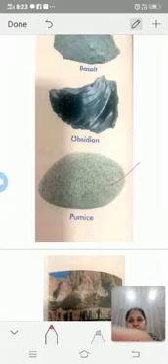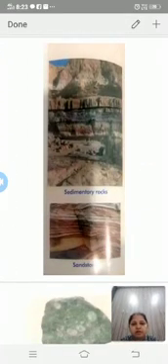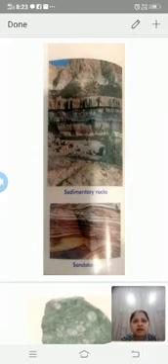After pumice, the second type of rock is sedimentary rock. Sedimentary rocks are formed at the surface of the Earth, either in water or on land. They are layered accumulations of sediments, fragments of rocks, minerals or animal or plant materials. Sedimentary rocks are forming around us all the time. Examples of sedimentary rocks are sandstone, conglomerate,